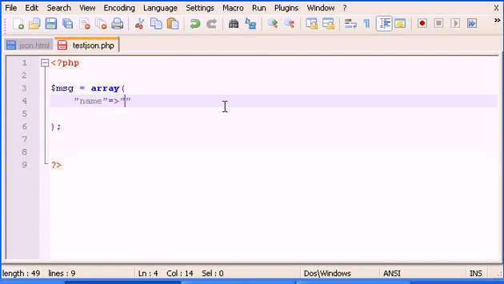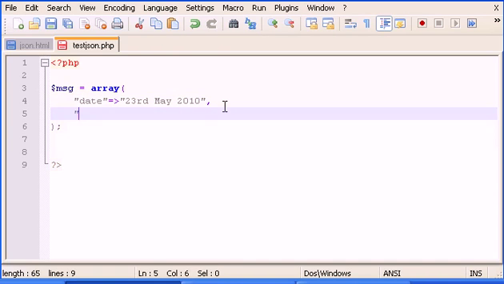Okay, name, and in here, just type Victor. Sorry, not name. It's date, and you can put 23rd of May 2010, whatever, and a comma, and now down here some more stuff. Let's type text, and here, as you see, this is pretty similar to JSON